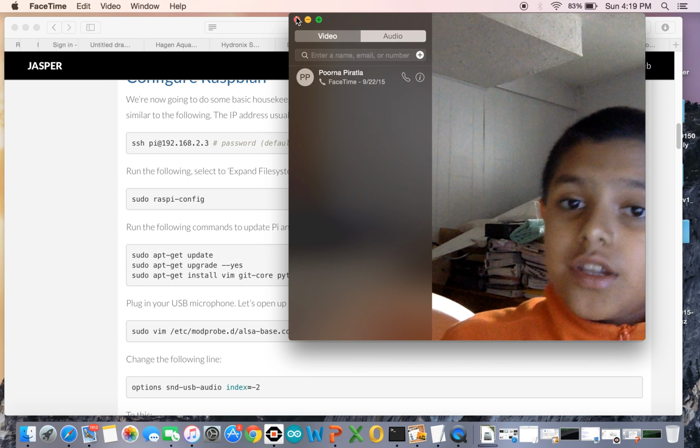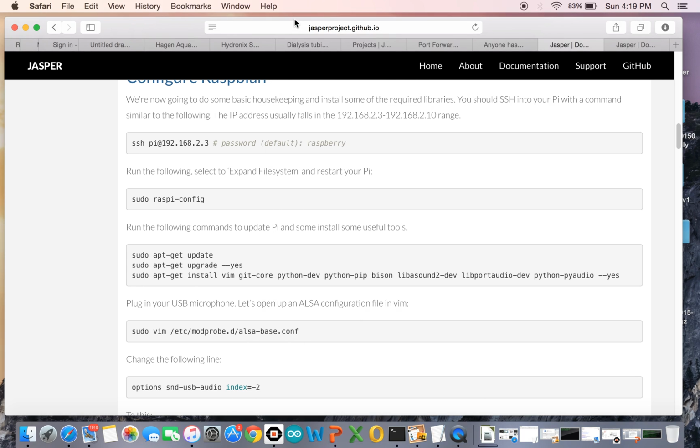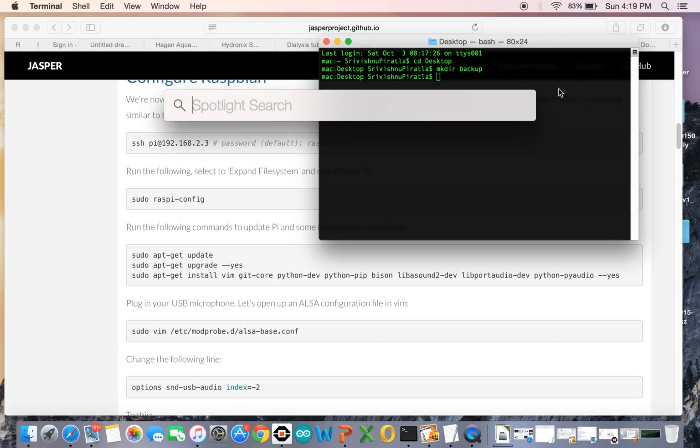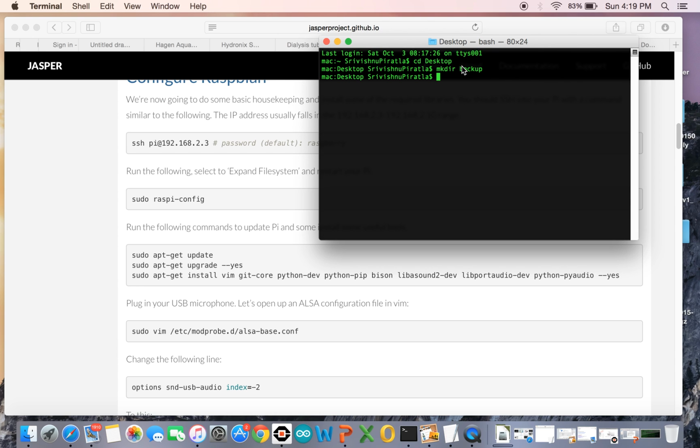Okay, let's get started. For the first thing, we're going to go to the terminal. Just go to Spotlight and search for terminal, or you can find it in utilities. Then first you want to do ssh pi at your Pi's IP address. You can go into your Pi and put in